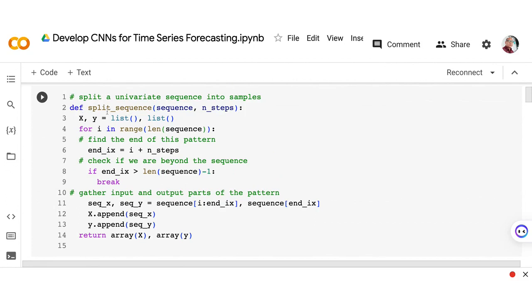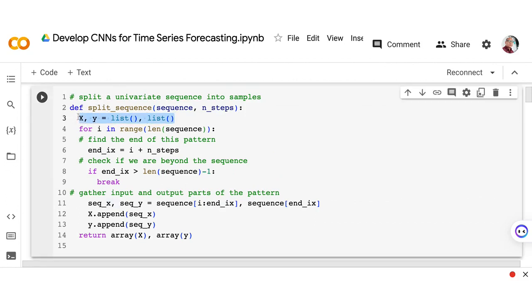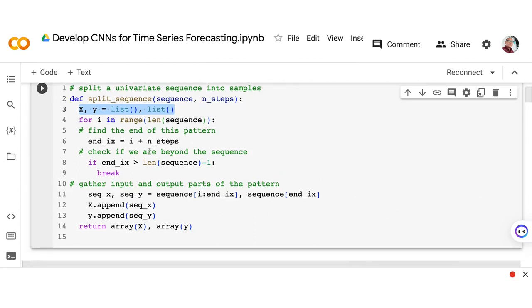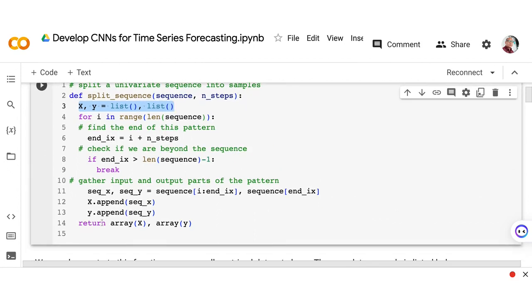From here, we define a function that allows us to create an array of lists for x and y, the inputs and output, and then we return an array of our input and output.